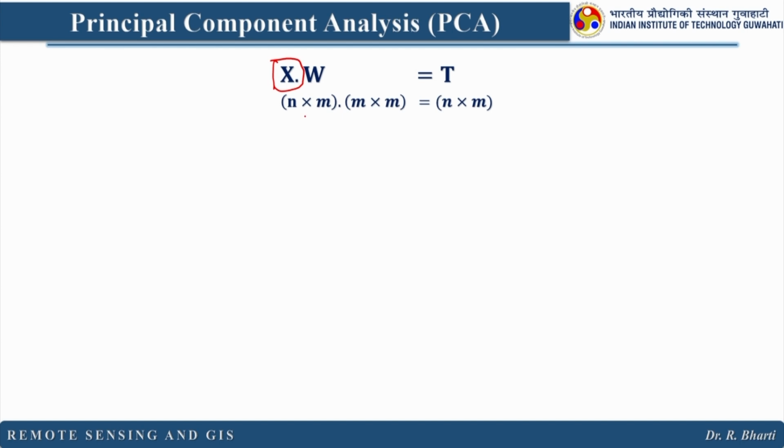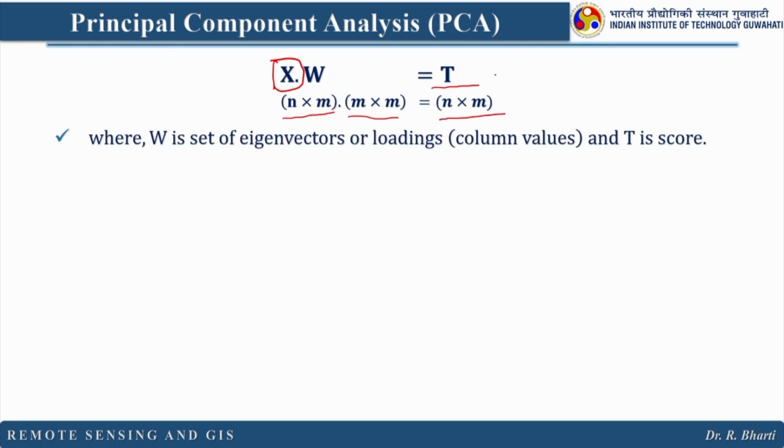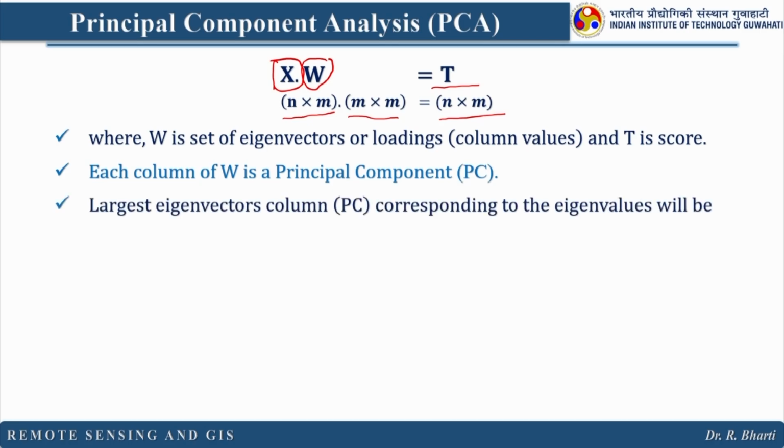The size of X is n into m, the size of W is m into m, and T is basically n into m, and T is the score, right. So each column of W here is basically a principal component. So once you have the principal component,